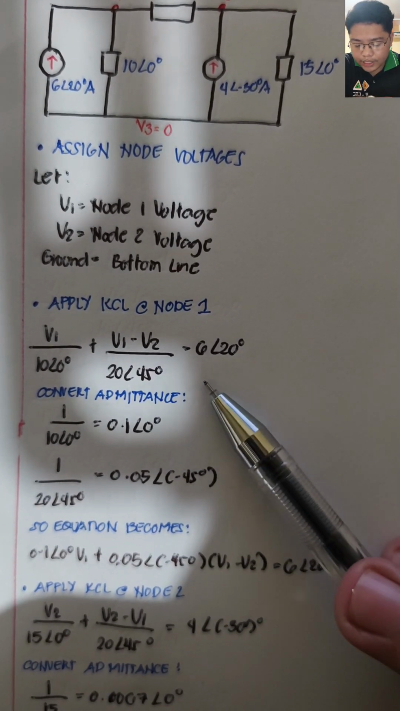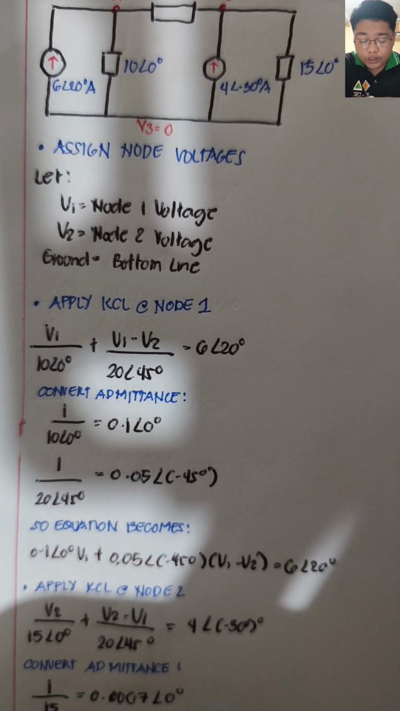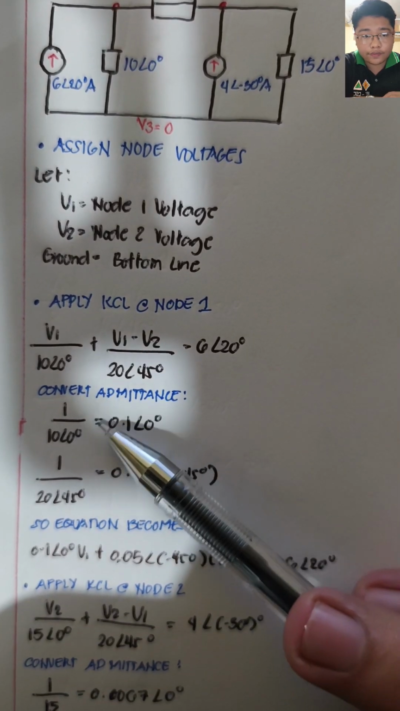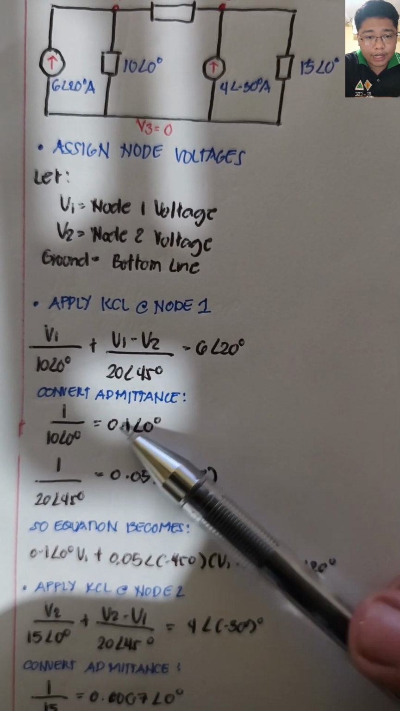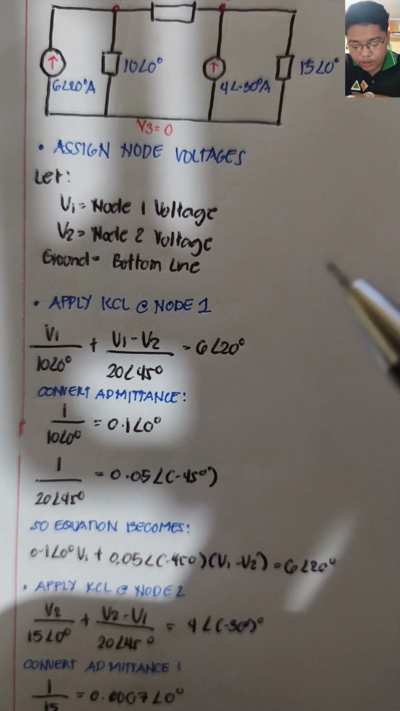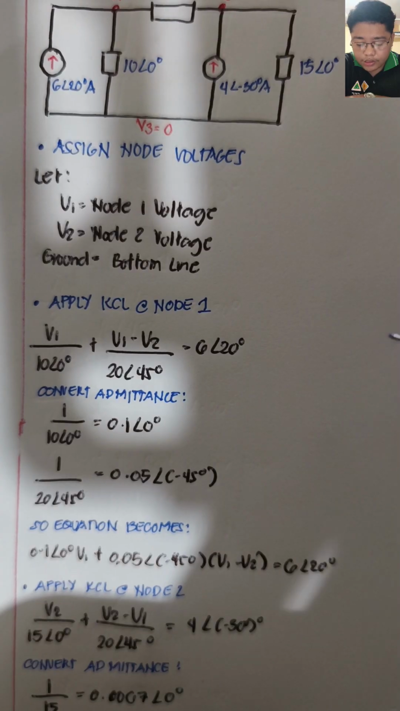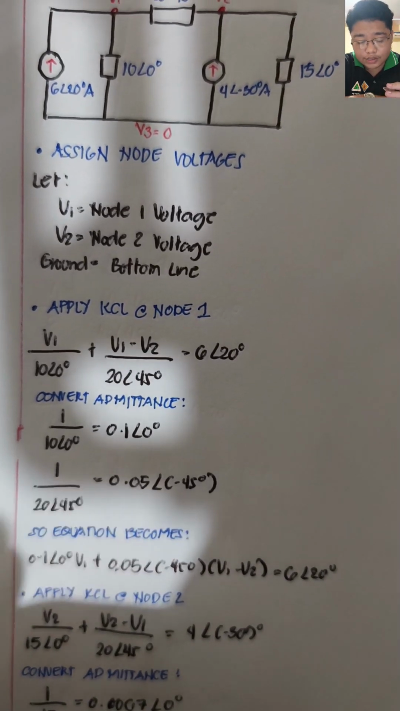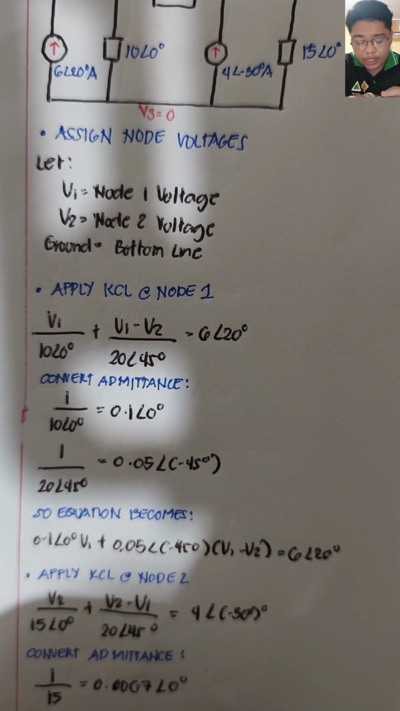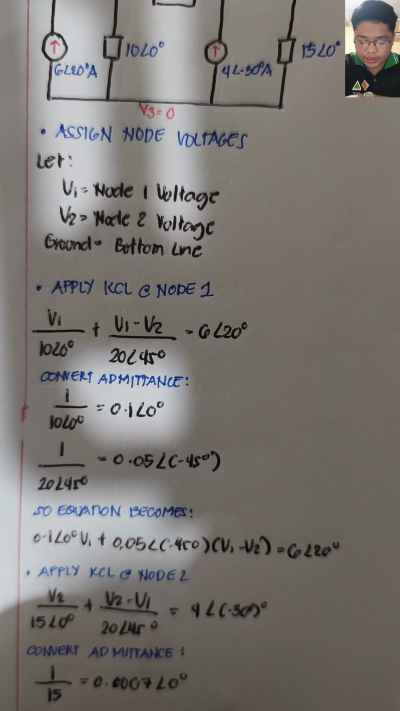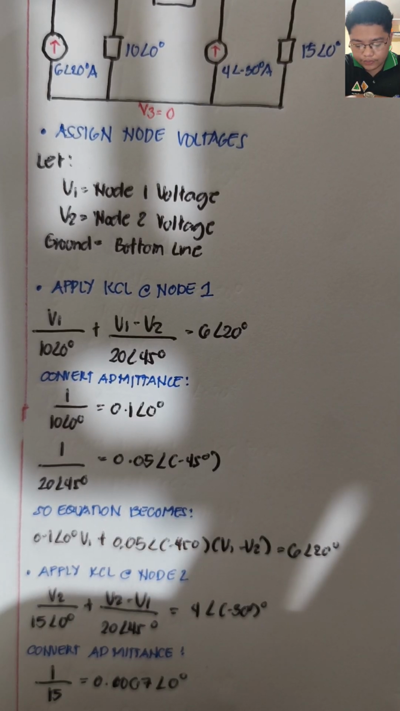So V1 over 10 angle 0 degrees plus V1 minus V2 over 20 angle 45 degrees equals 6 angle 20 degrees. Now let's convert impedance to admittance by taking the reciprocal of each impedance value. So 1 over 10 angle 0 degrees equals 0.1 angle 0 degrees. And 1 over 20 angle 45 degrees equals 0.05 angle negative 45 degrees. So the equation becomes 0.1 angle 0 degrees V1 plus 0.05 angle negative 45 degrees times V1 minus V2 equals